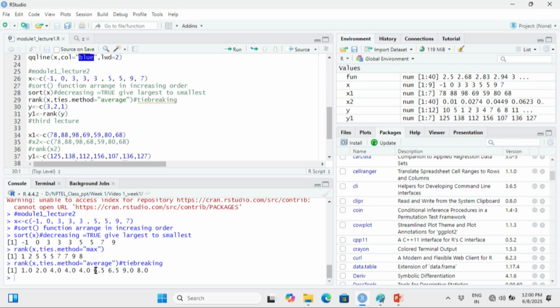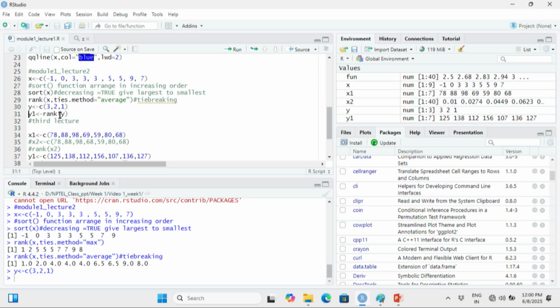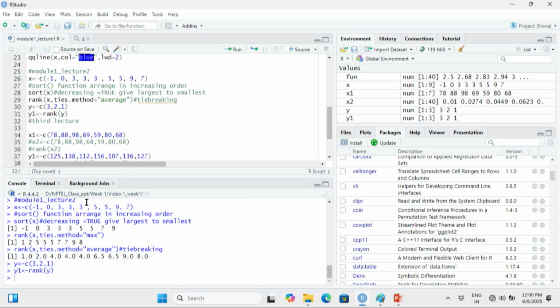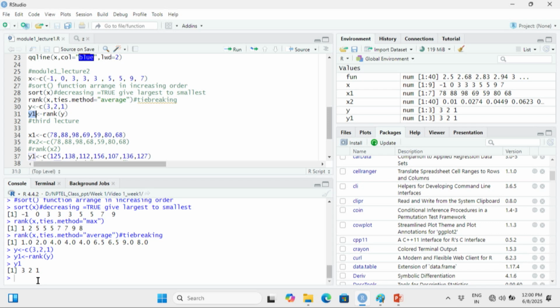So we can have a mixed number like 6.5. Clear? Okay. So if y is this observation, the rank of y, run this, and you will have the result 3 2 1. For 3, rank is 3, for 2, rank is 2, for 1, rank is 1.